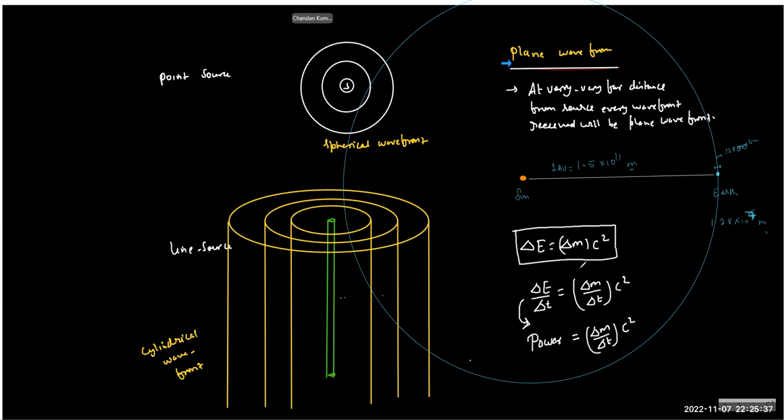Now for our lifetime, the sun has lost very little, and we can calculate it. Very soon I'm going to give you the calculation of how much mass is lost by the sun per second. It is roughly, I think, 10 to the power 37 kg or something, maybe gram. We'll calculate that also. Don't worry. Now this is the power. So this is the energy